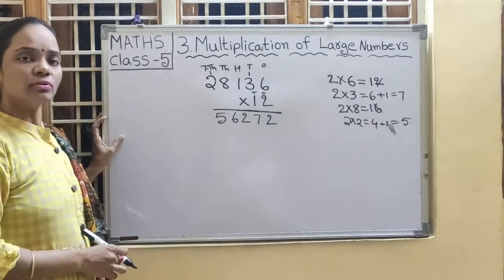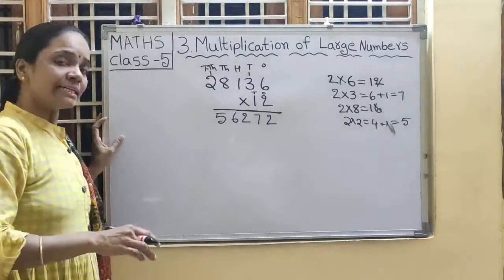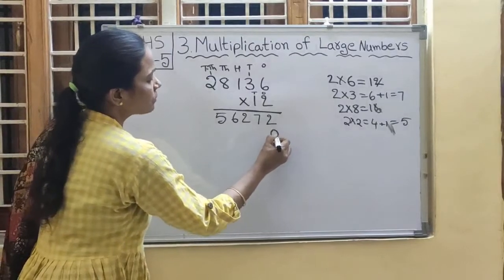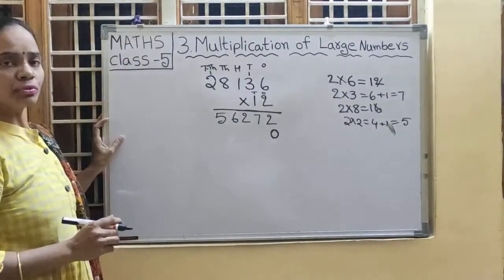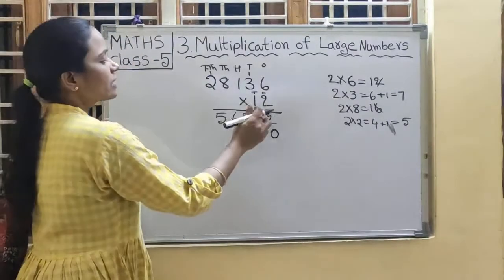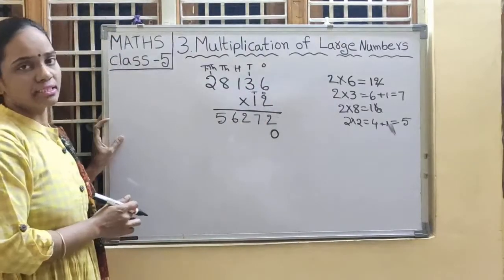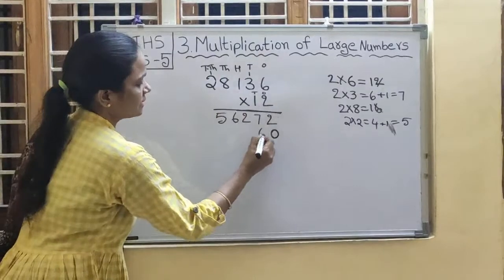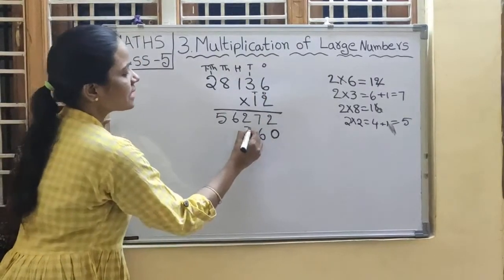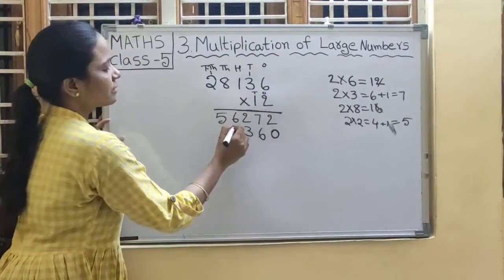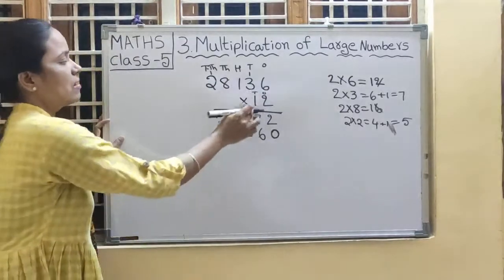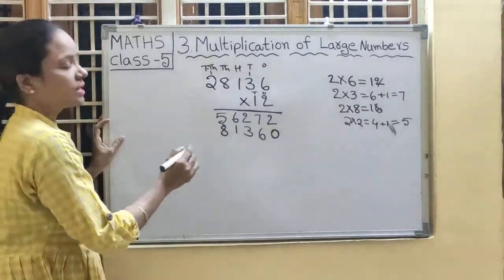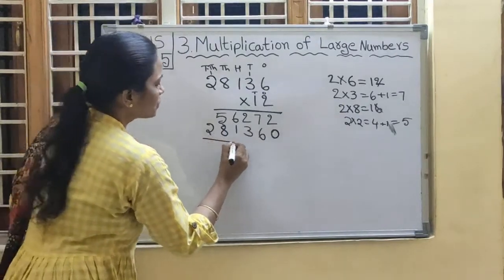Now what we have to do? It should be multiplied by the tens place digit now. So for the ones place we have to put 0, because we are going to start with the tens place digit. So start with the tens place. 1 six is 6. 1 into 3, 1 three is 3. 1 into 1, 1 one is 1. 1 into 8, 1 eight is 8. 1 into 2, 1 two is 2. So what is the answer?